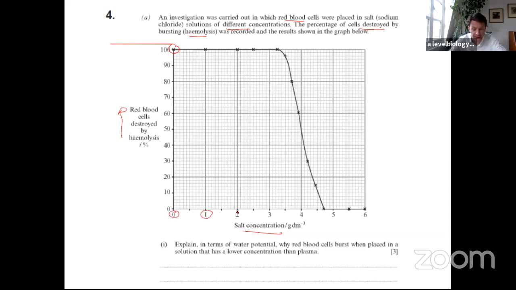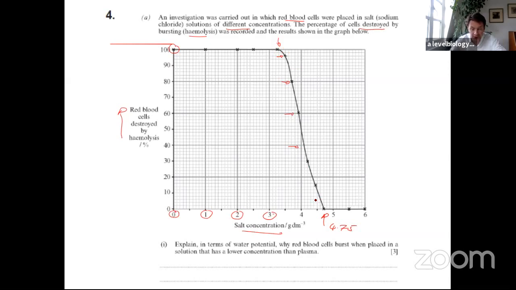As you increase the salt concentration, when you get to about 3.25, they don't burst quite so much. And as you increase the salt solution, they burst less and less until you get to about 4.75, where none of them burst. So they burst over a range of